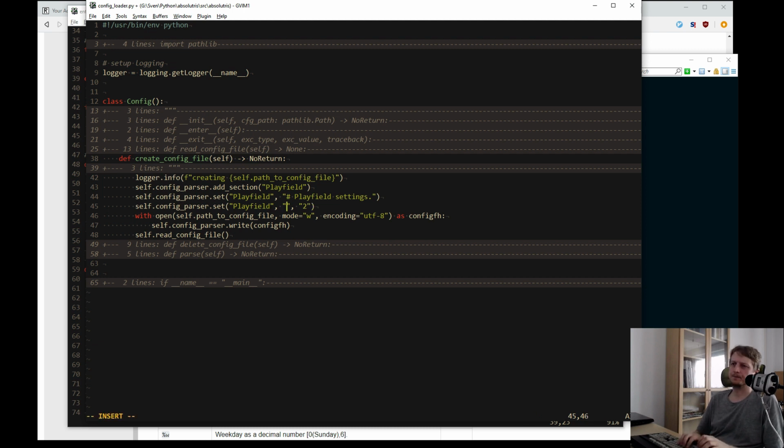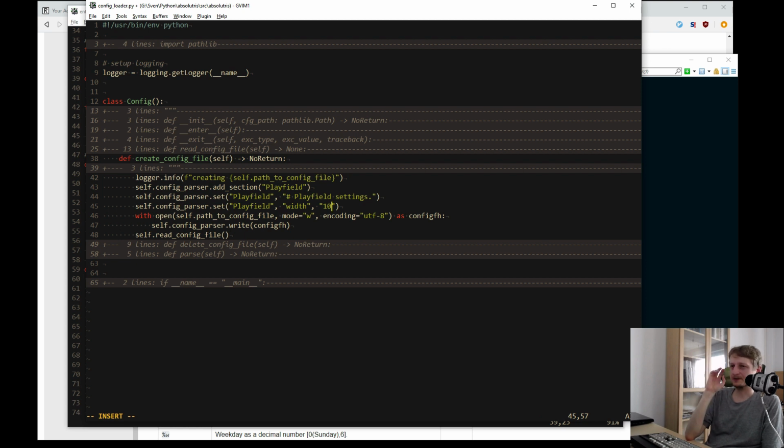And we want width of the playfield 10 and height. Usually it's 10 by 20. That's what Tetris classically is. And I'm not sure, but I think I might want it to be possible to set it within certain boundaries.